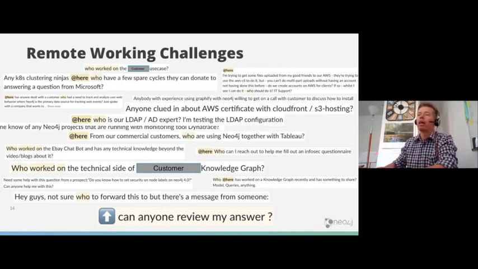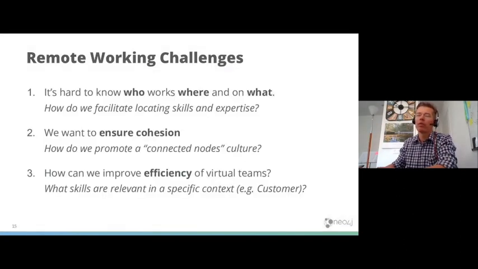And I think that's in essence the question we started out with when building this knowledge graph. We wanted to resolve the problem of who is working where and on what, and how can I give other people access to that expertise.